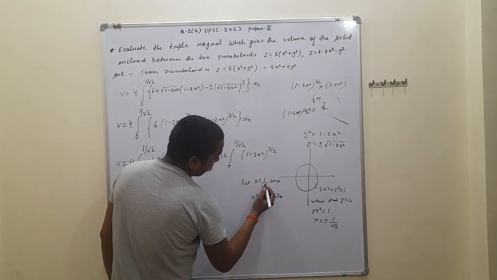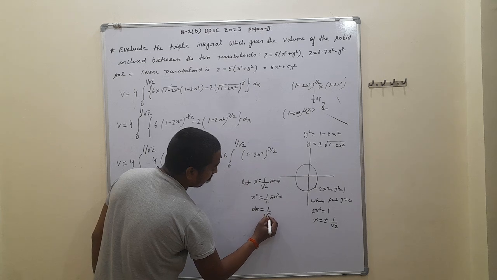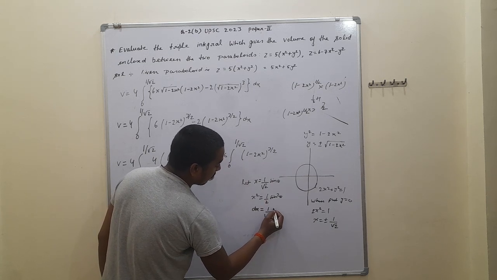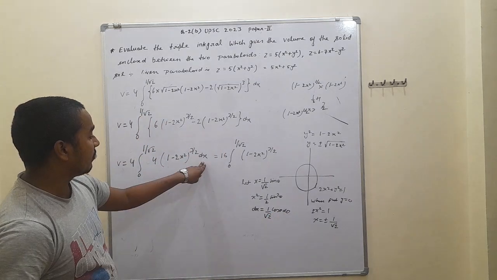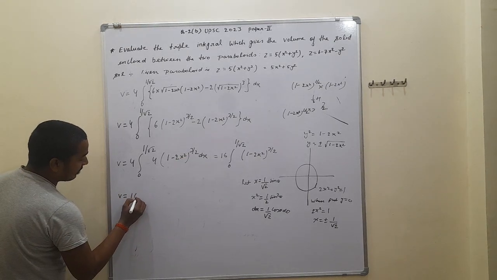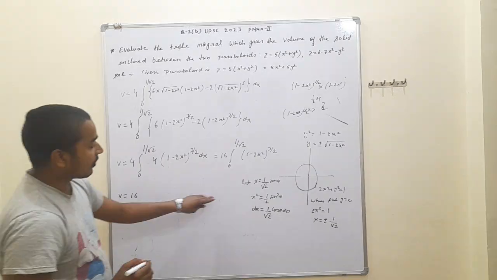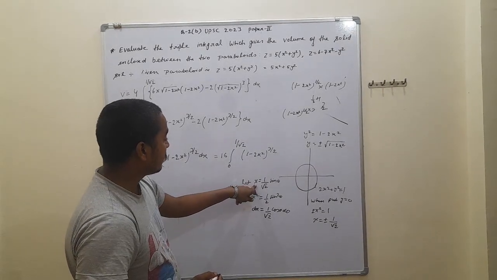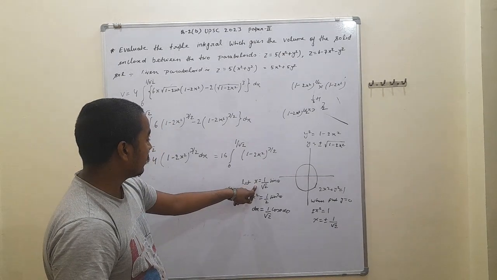Then we have to find d theta, it is dx is equal to 1 upon root 2 and the derivative of sin theta is cos theta d theta. We have to put the value of dx here, that is volume is equal to 16, and we can also change the limit from here, that is when putting x is equal to 0 then theta is equal to pi by 2.